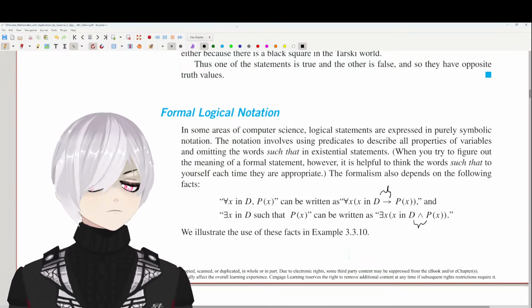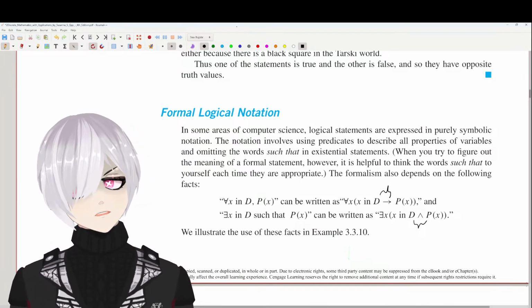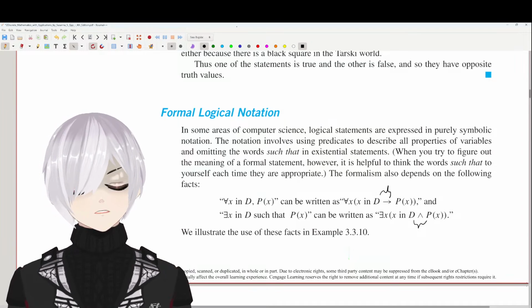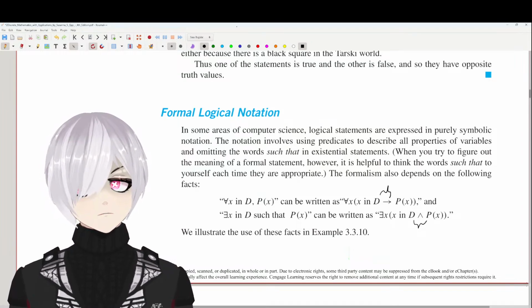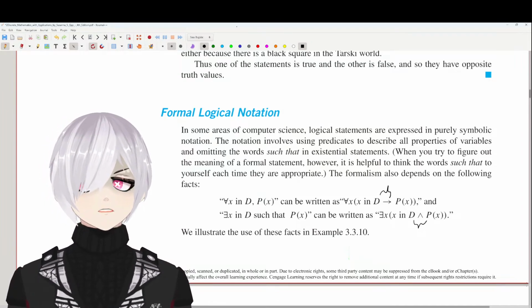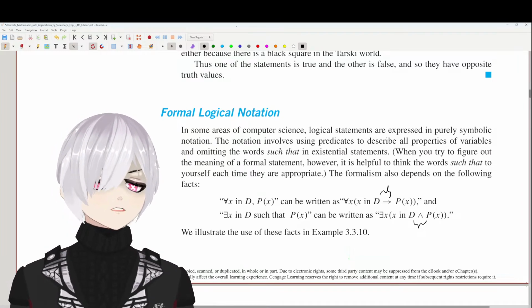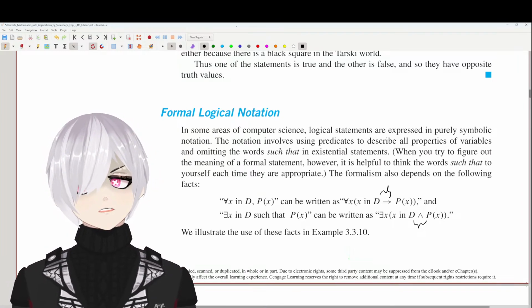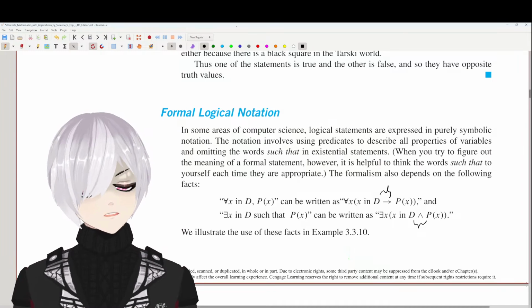I think you mentioned it before. I guess if you just say for all x, it doesn't capture the fact that you mean for all x within a certain domain. Yeah. But then with the existential quantifier,